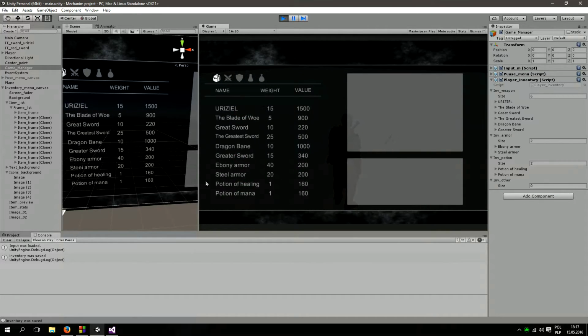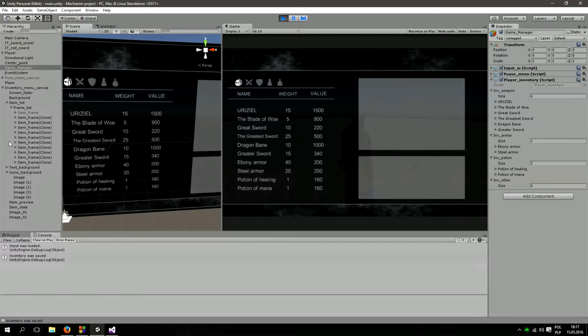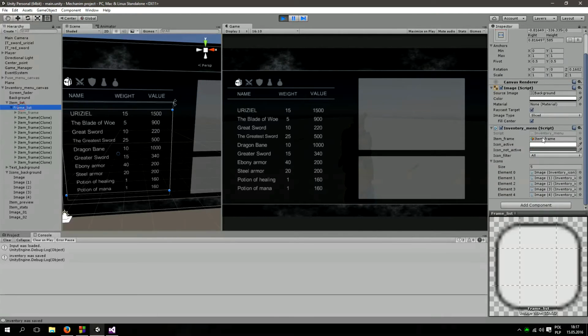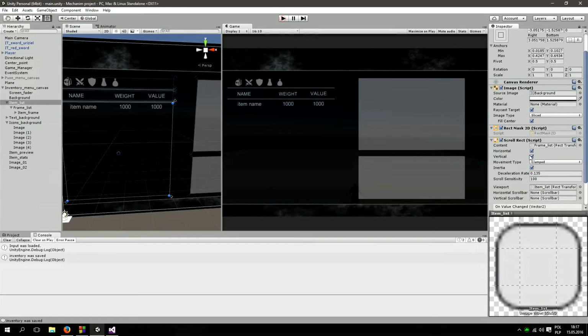But we are scaling this. So what I suggest is to stop the scaling, the moving of this left and right. I think we must uncheck horizontal. Okay, we have to do it again in